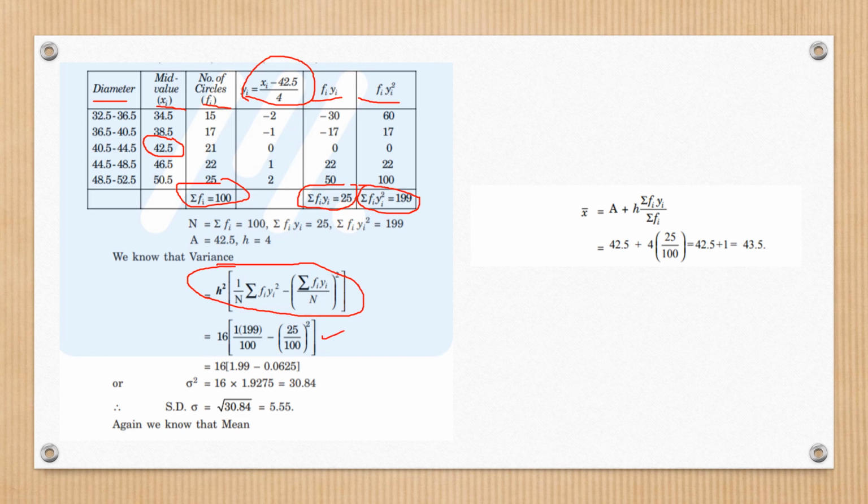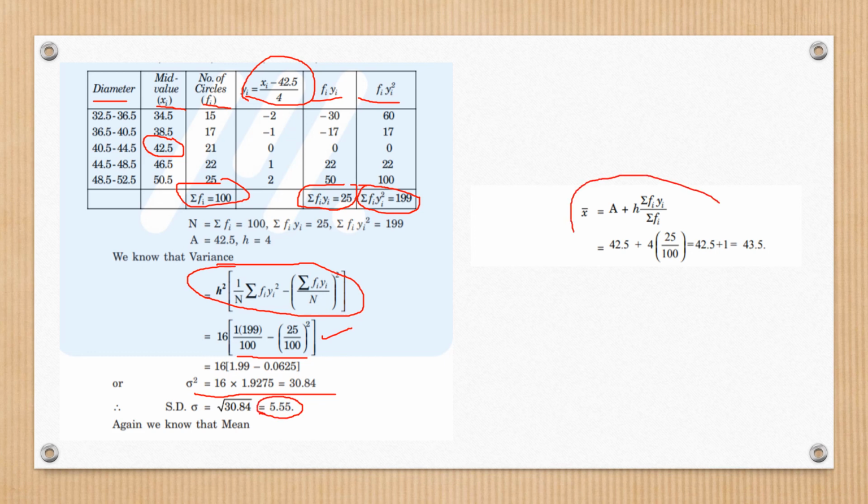So you can apply the formula this way as per your convenience. You can take out n square outside, or take it out afterwards. That is your choice. But it's suggested that you remember just one formula, and it would be better if you remember this one: h square upon n square times n times summation fi yi square minus summation fi yi whole square. So sigma square is 30.84, whose square root is 5.55, which is your required standard deviation,